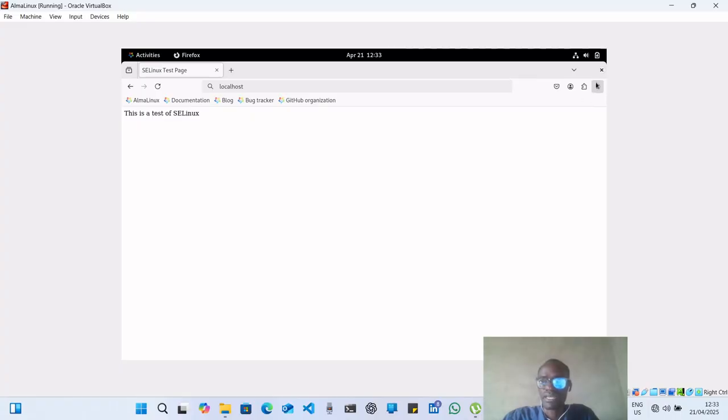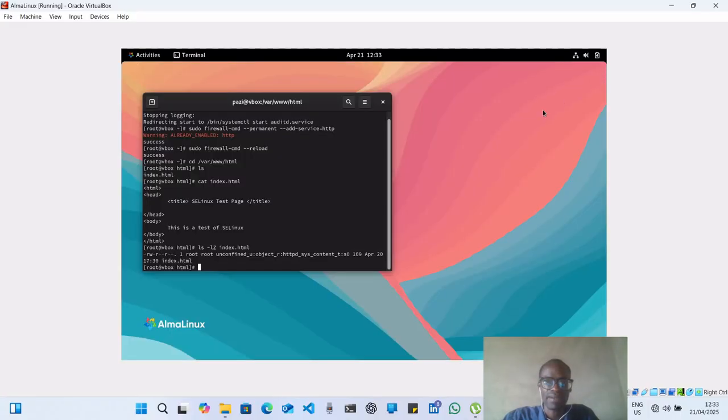Now, this lab is to show what happens if this file does not belong to this particular web server. For instance, if we try to change the tag on this file, what happens? So we're going to do that. Sudo chcon